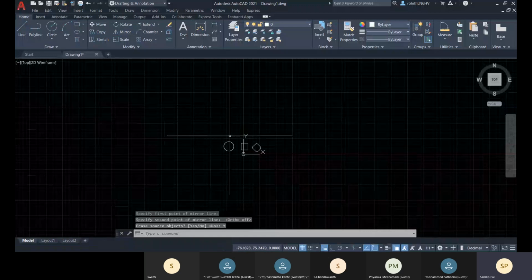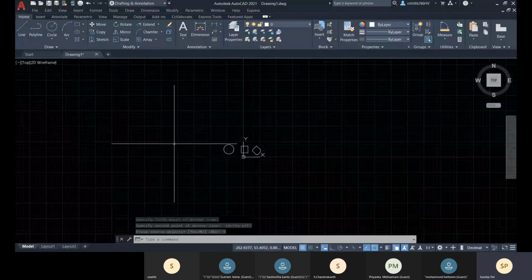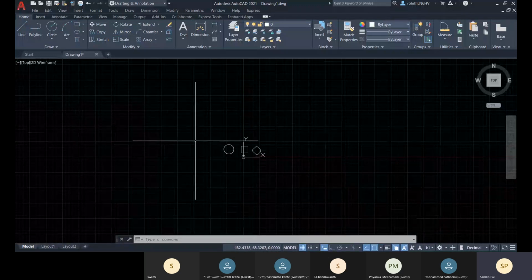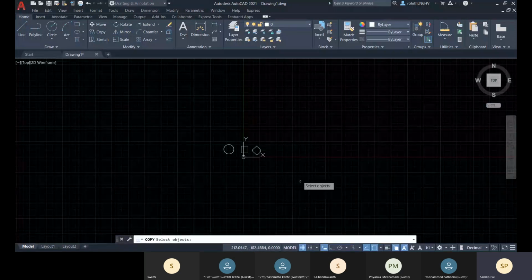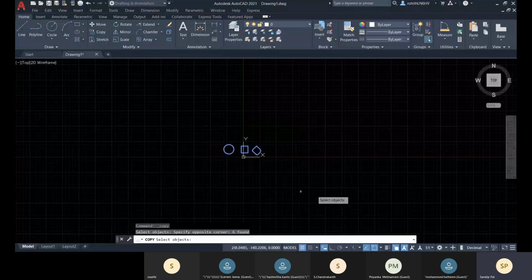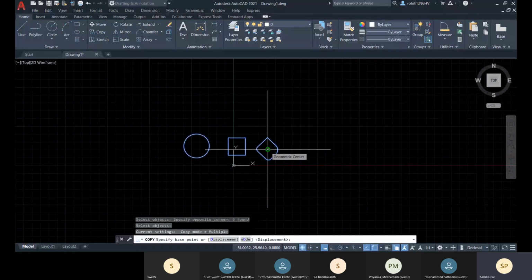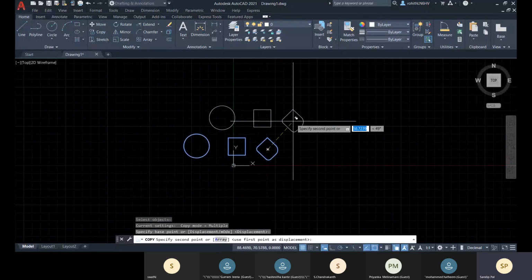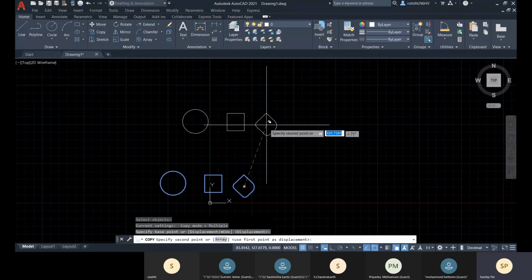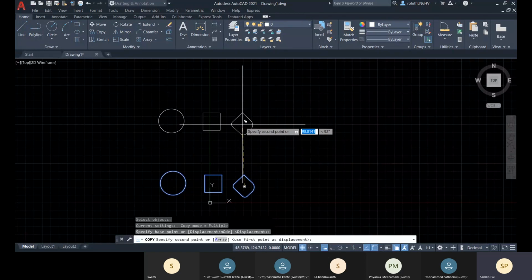Now if you want to make duplicates of your existing objects, for that you go with this copy there, and you select objects, and then either press enter or right click, and then you go for any base point there, and then the second point to place the duplicate object.